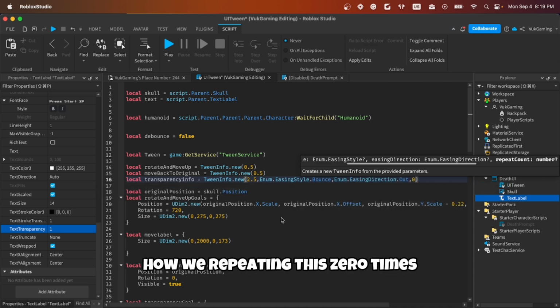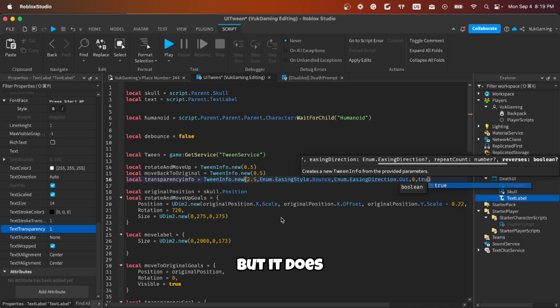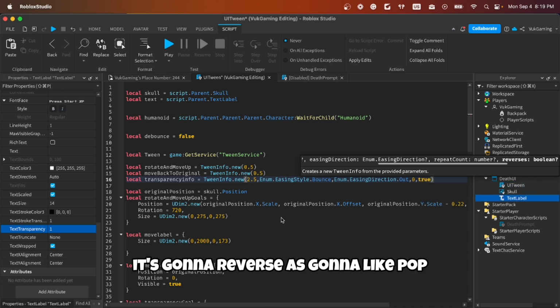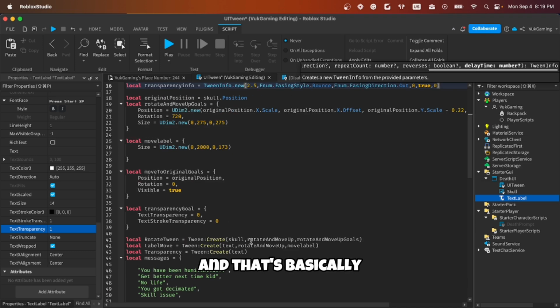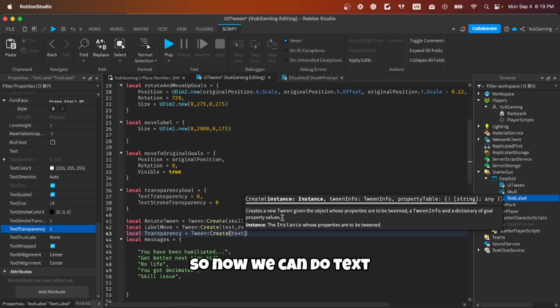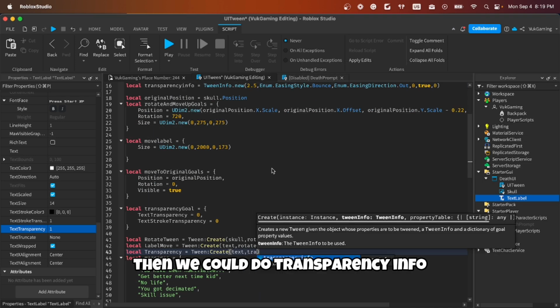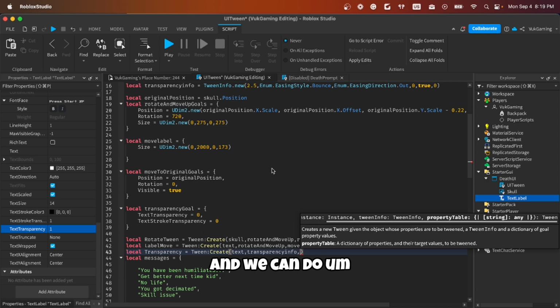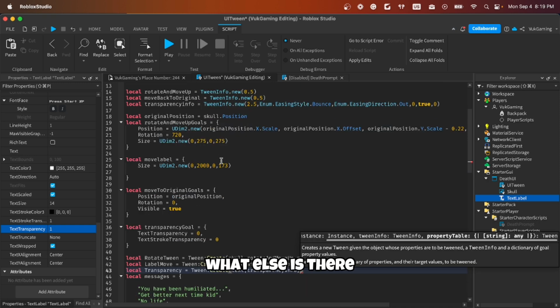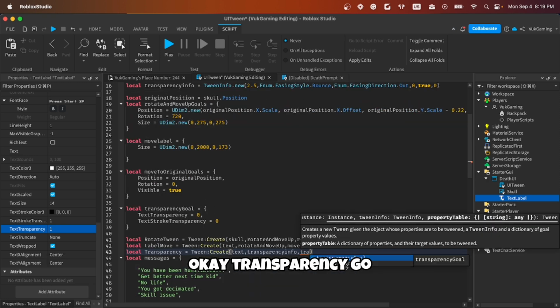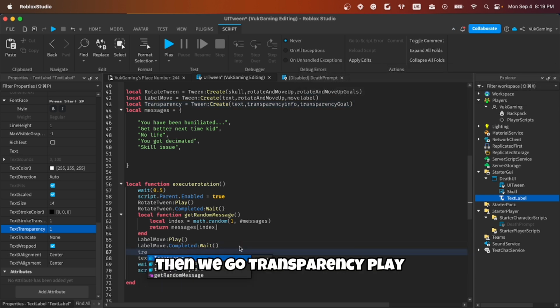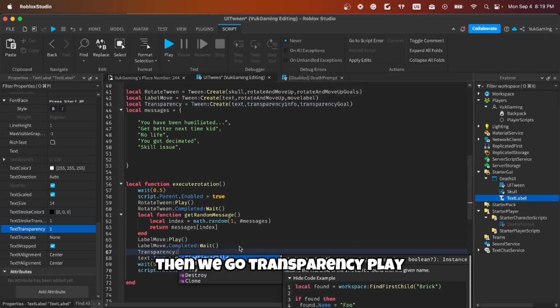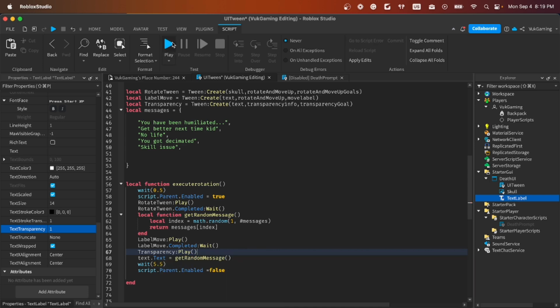So repeat count, we're repeating this 0 times, but it's gonna reverse. So it's gonna pop and then it's gonna reverse back to normal. Delay time is 0, and that's basically it. So now we can do text, then we can do transparency info, and what else is there? Okay, transparency goal. Now we can go complete it, then we go transparency, play,